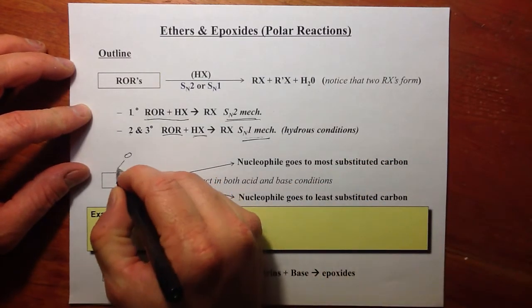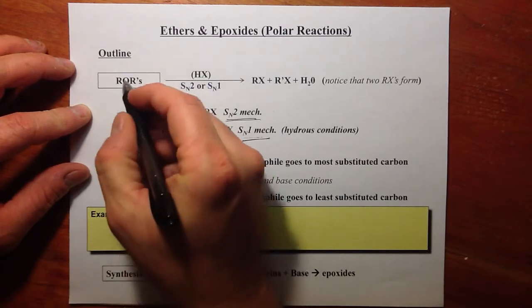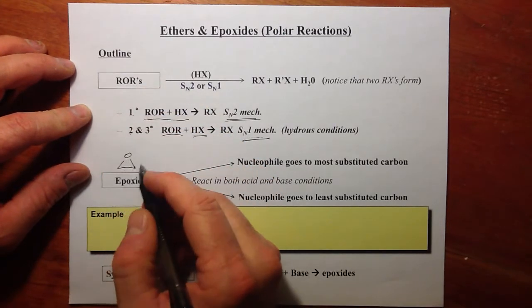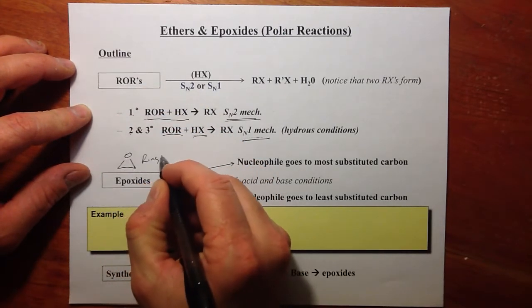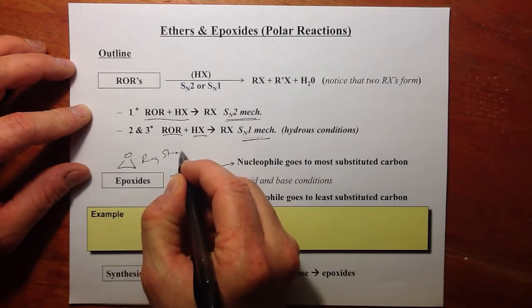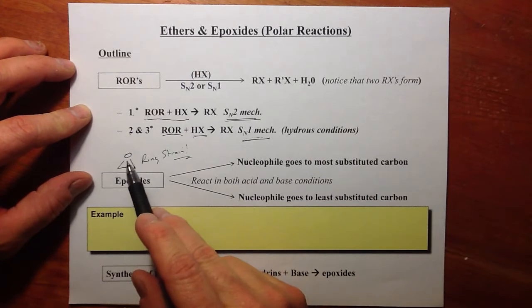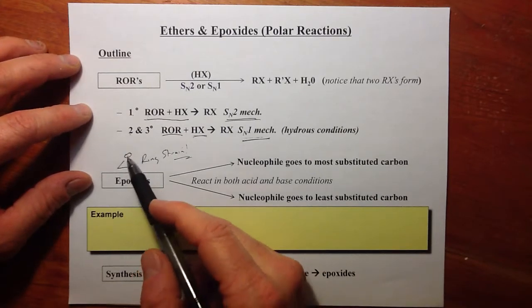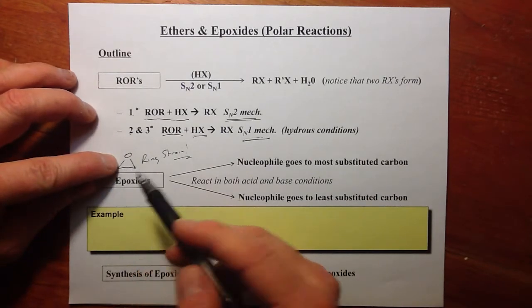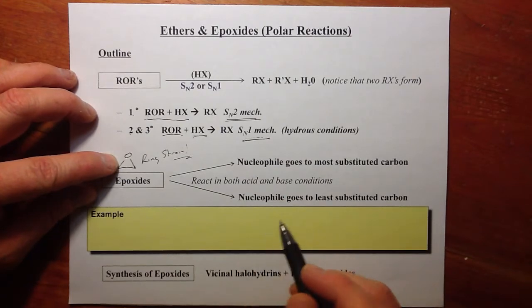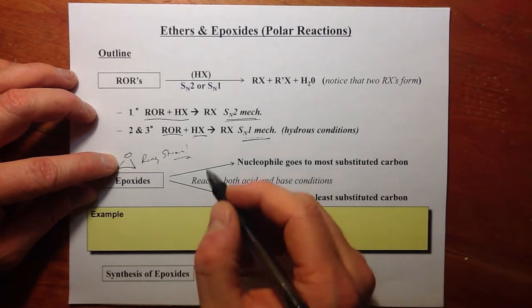Epoxides are different. They're like ethers, ROR, but they have ring strain. Because of this ring strain, we have reactivity in 2 ways. We can always protonate this oxygen. That's harder to do in ethers or epoxides compared to alcohols, but we can protonate it. If we protonate it,